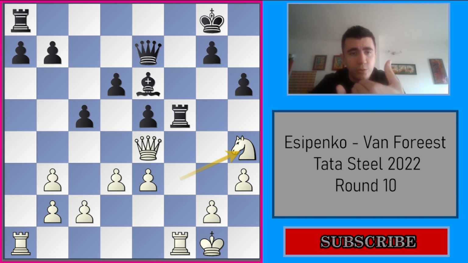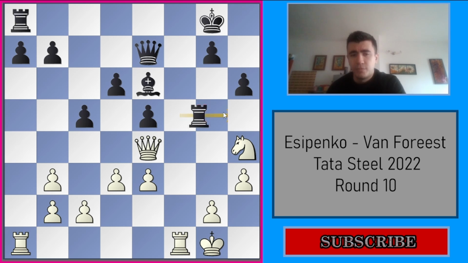We are at the crossroads. Does black want to exchange rooks, or does he keep it? He chose to keep it by rook g5, but you see how in this position the rook is a bit limited. It doesn't have lots of good squares to go, except h5, but that can also be changed by king h2, g4. The safest way to go here was to just exchange on f1,